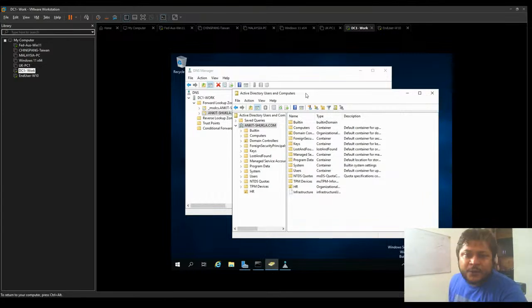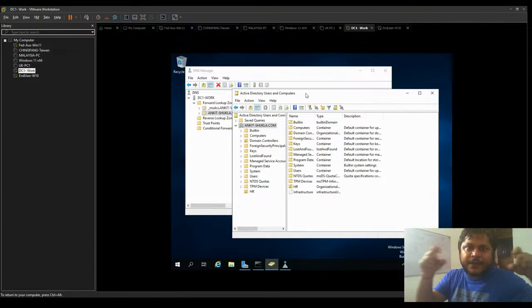Then, once that domain controller was configured, we first created a client machine. After that, we changed the subnet of that client machine so that it is in the same subnet network and can communicate with the domain controller.